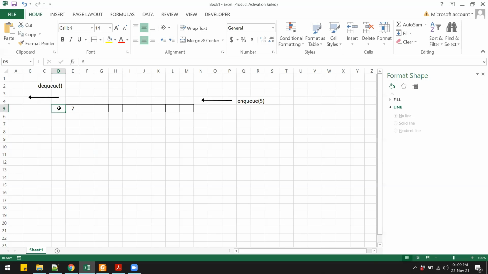So 5 will be removed from the queue, and now we are only left with 7. If you enqueue more data, all of it will accumulate at the back of the queue, and when you take out data, it will be taken from the front of the queue.